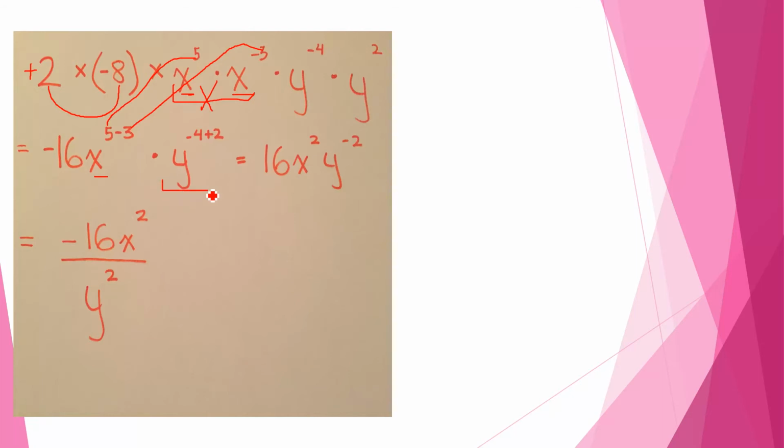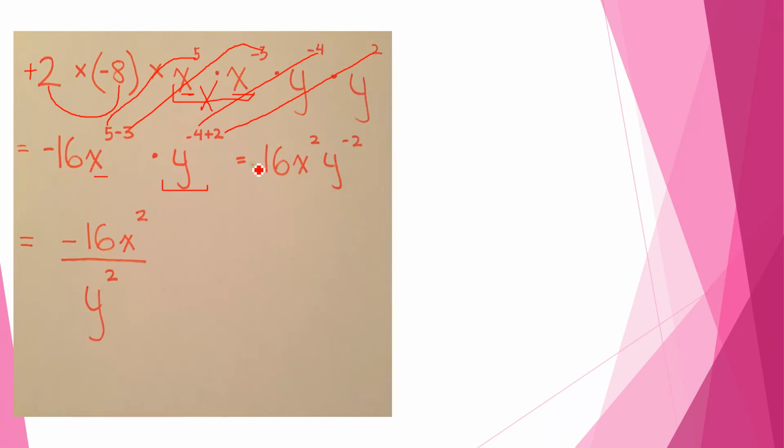Now come to the y, and again I am explaining that you have to add the exponents of the same base or same variable. I am not going to add this x power 5 with y minus 4. No, this is different. X you have to add together, y you add together, and if we have z or a or b, you add those together. Now come to the y. So y exponent negative 4, and I will write y only one time, and this y has exponent positive 2.